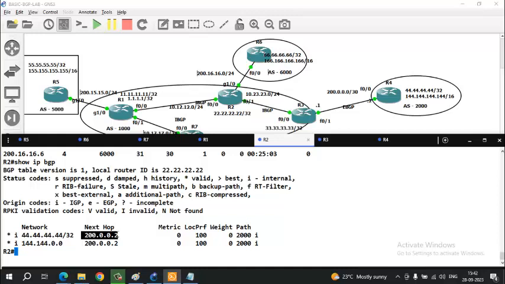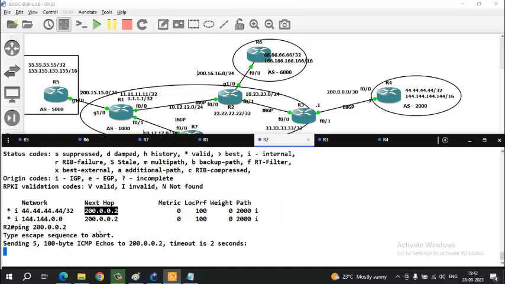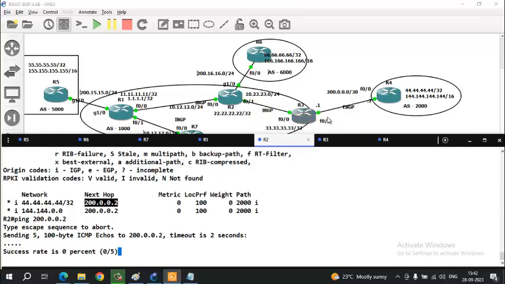But yes, the problem here is R2 doesn't have reachability to this address, because we don't know this next hop. Why don't we know? Because we are not running OSPF here. In the real world, we don't run OSPF here. But